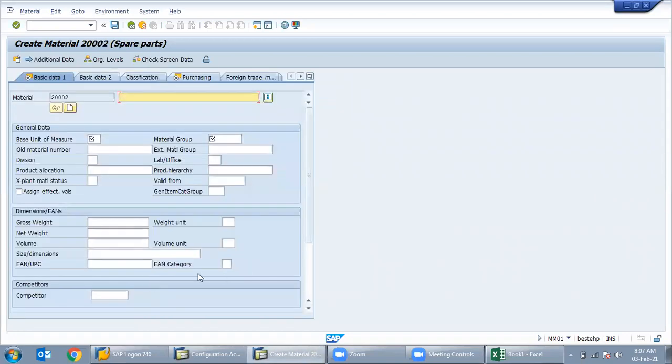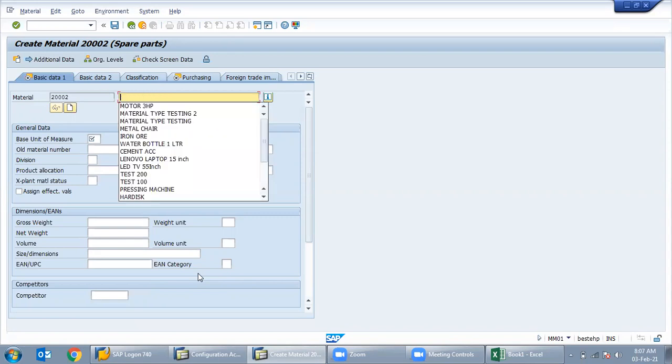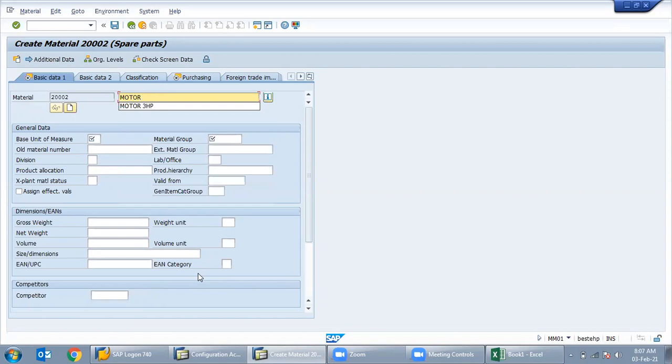The description is like coal, steamed, spare parts. So, motor 10 HP. Okay, the base unit is each, and it's 1003 electronics.